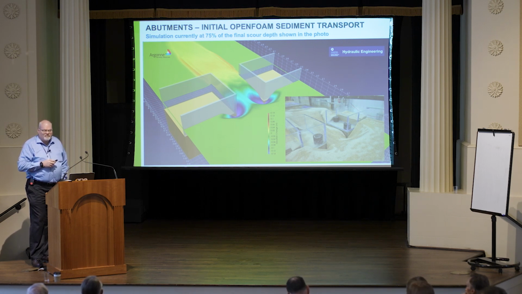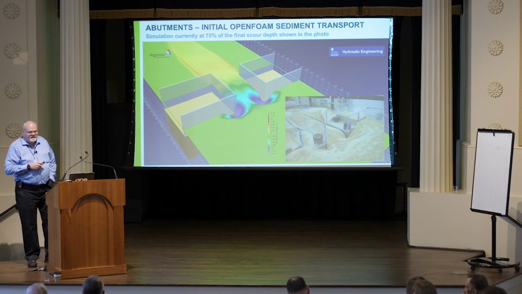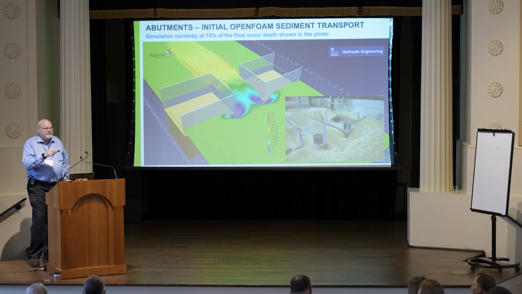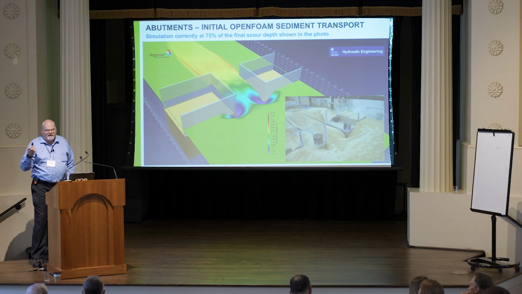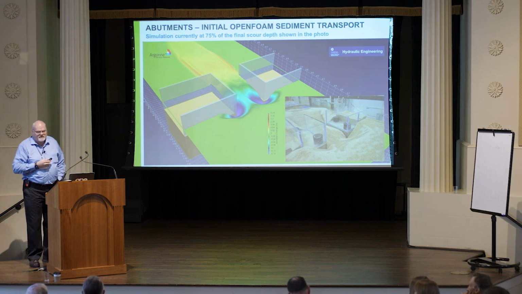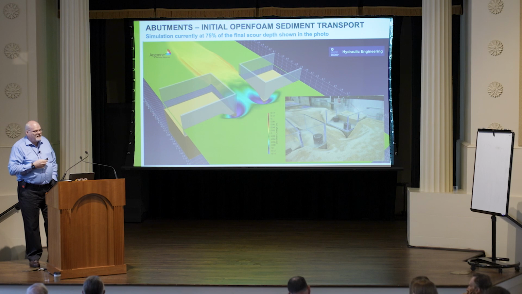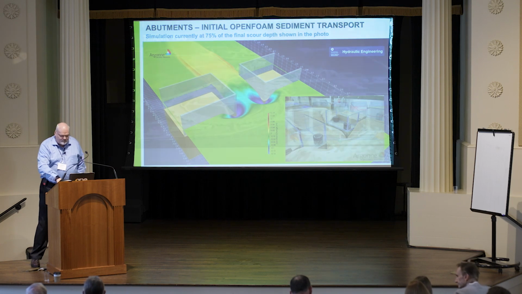the similarity is pretty significant, right? So I would not build a bridge based on this, right? But if we verify this kind of thing in the flume, and then scale it up in the software to the field size structures, because that is something that CFD software can do a whole lot better, because you simply cannot run it at the large size, right? Then we should be in pretty good shape to get a good design tool out of this. So that's pretty much the end of my presentation.